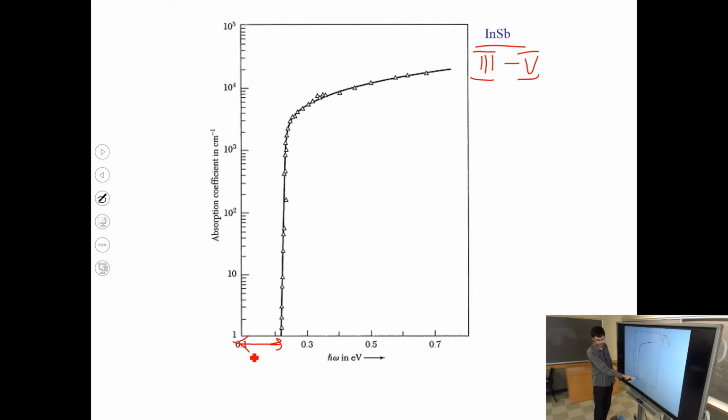So as soon as you hit the band gap edge, absorption ramps up very rapidly, and you can measure this by shining light on a material and measuring what's getting through on the other side. And that's the absorption experiment. Okay, so you can see the band gap from such a measurement.